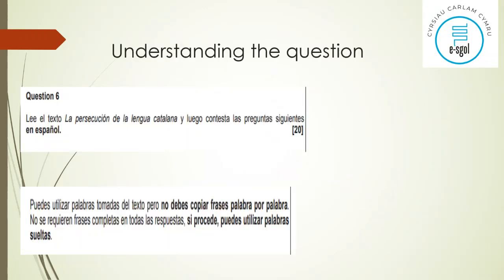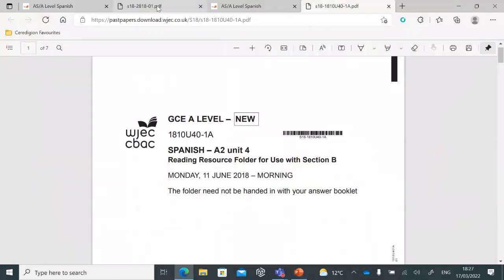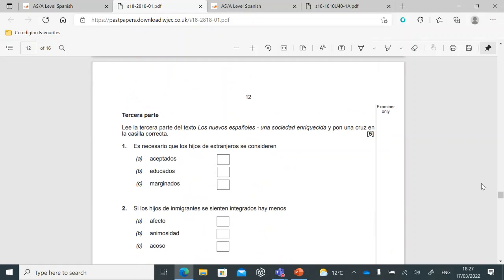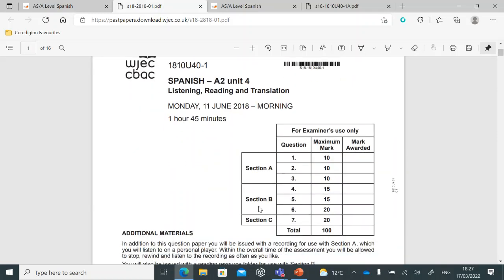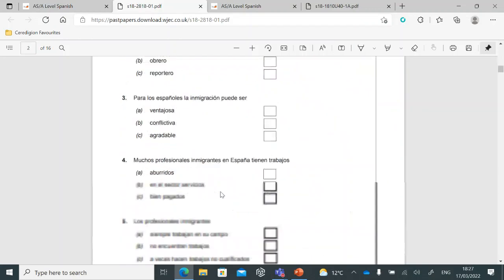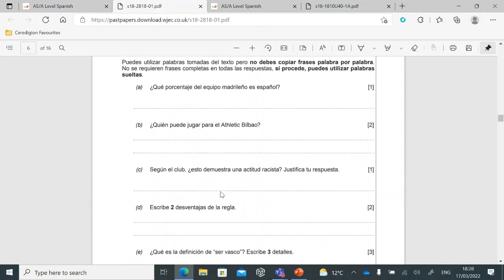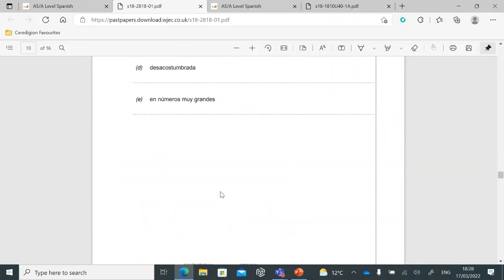Okay. So let's start looking at question 6 of your paper. So if you downloaded the paper, I go from the top. So you've got A2, Unit 4, listening, reading and translation, and we go into question 6. So for 20 marks. Okay, so I would encourage you to do question 4, question 5,